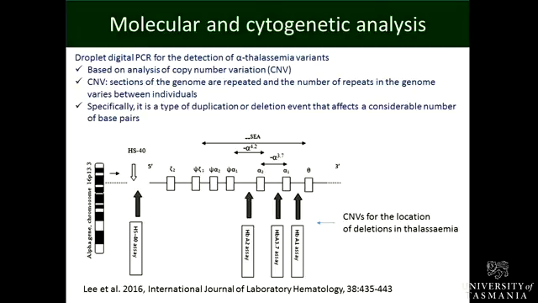Okay. And we can use this to detect various copy number variants in thalassemia, for example. And I won't go into this in detail, but copy number variants are, you have the specific gene and it's copied many times, and there's a whole range of copy number variants. So you can use that particular digital PCR